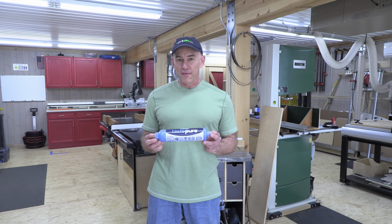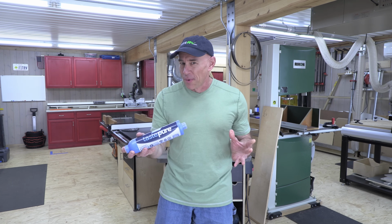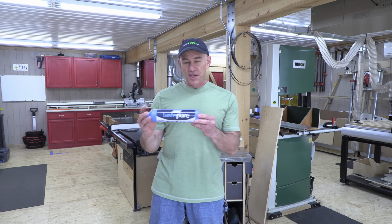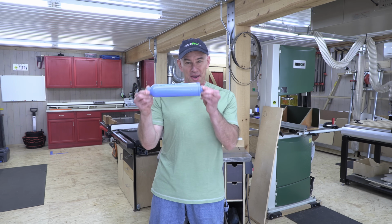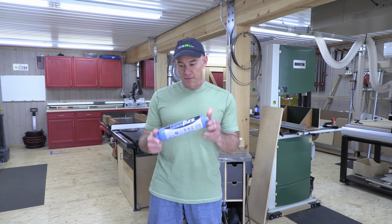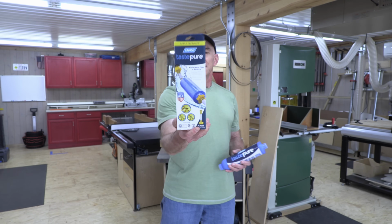So, if you're an RVer, you probably recognize this. In fact, you've probably used one if you're an RVer. This is the Camco Tastepure Filter. And even if you didn't know what it was called, you probably recognize it just by the color and shape alone. Well, Camco has sent us this Tastepure filter because they have just launched a new and improved Tastepure filter,